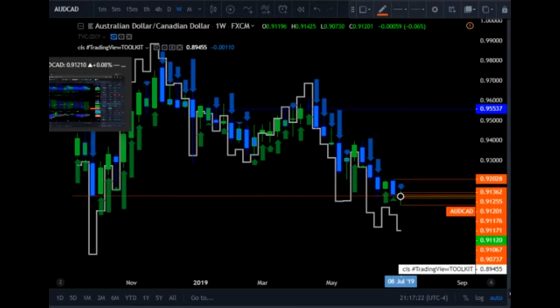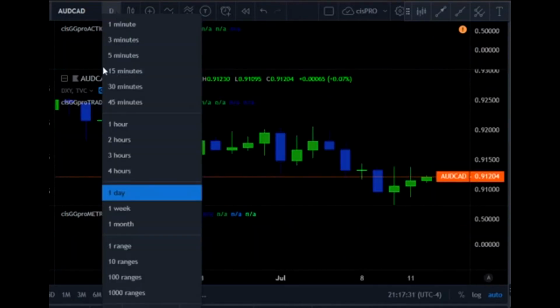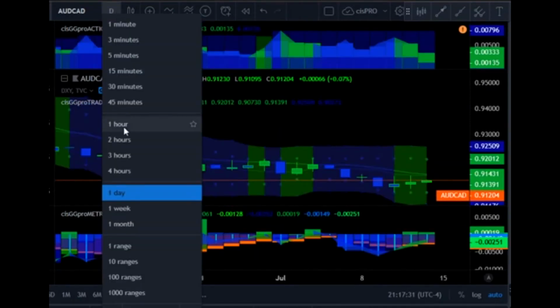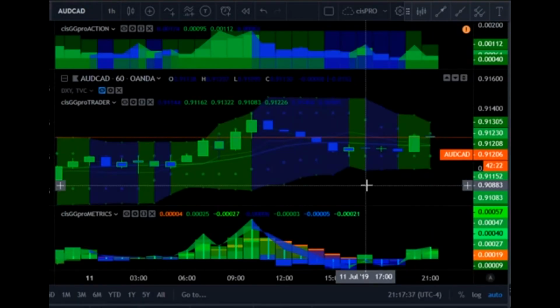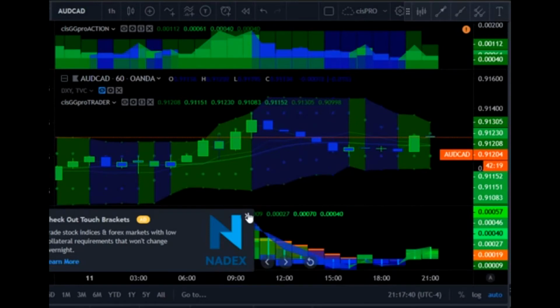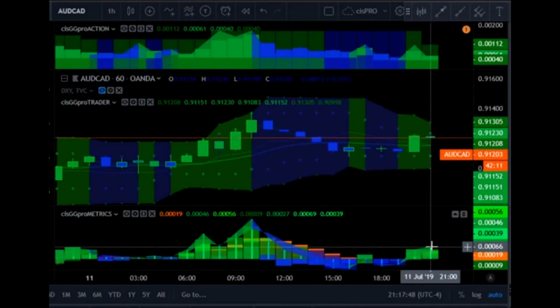So I'm going to go to my main TradingView Toolkit, and we're going to look at this chart very quickly, and at a couple of different time frames. We've been looking at the daily. Now we're going to look just at the hourly, where we had the diamond reversal that we were initially playing on our trade entry. So you can see where we are on our metrics